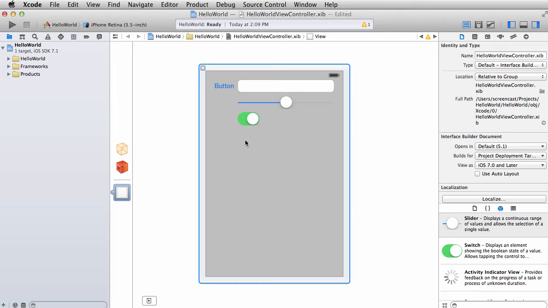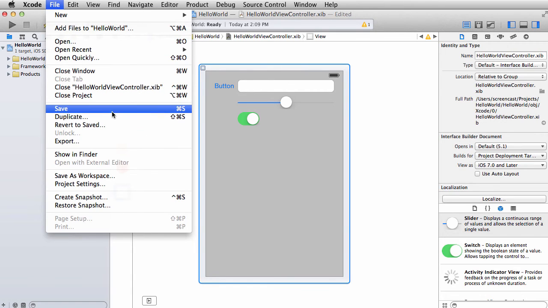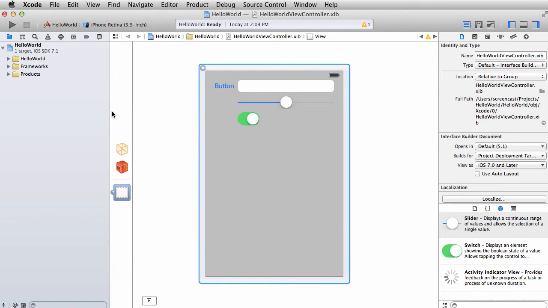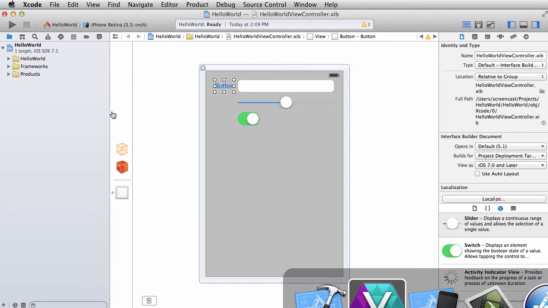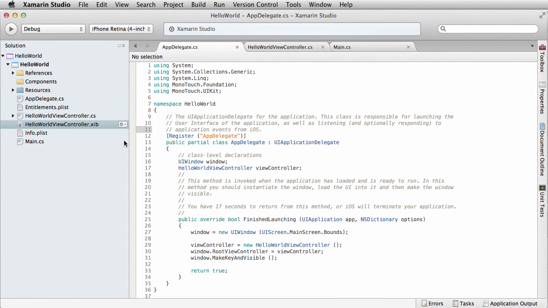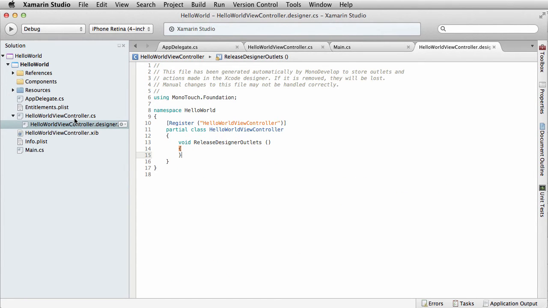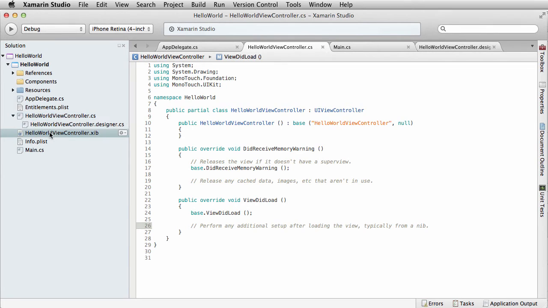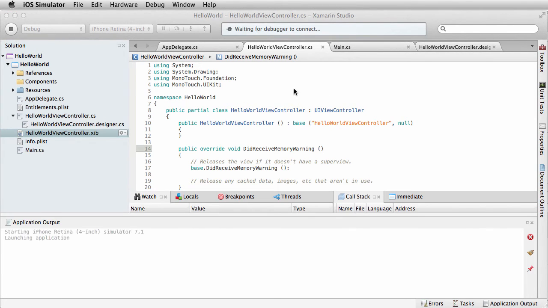Now, I've made some edits to my Zib, and I want to make sure that those edits make it back to my Xamarin Studio application. So what I need to make sure to do is save. In Mac world, that's Command S, or just come up to the File menu and say Save. And as soon as I do that, and I flip back to Xamarin Studio, if I look over in this Designer CS, I haven't added an outlet yet, so Designer CS won't be up to date. But if I flip back to Xamarin Studio and I just run my new code, I just press play,